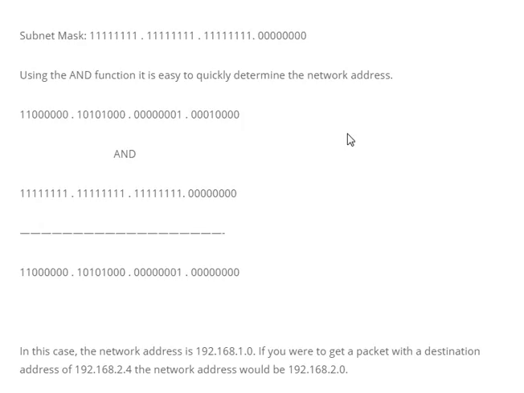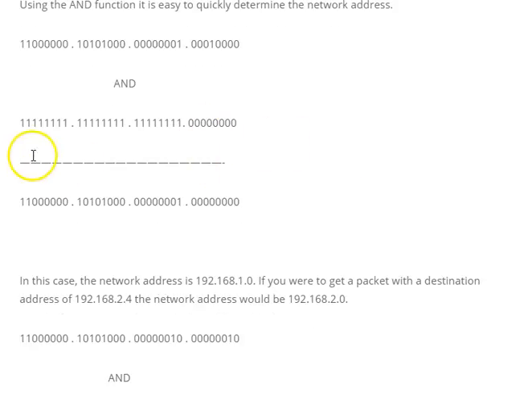Using the AND function, it's easy to quickly determine the network address. Because you go, if 1 is being considered as true, we say this one is true, this one is true, thus this one down here is true. And you keep that going until you do all the binary numbers. And it says in this case the network address is